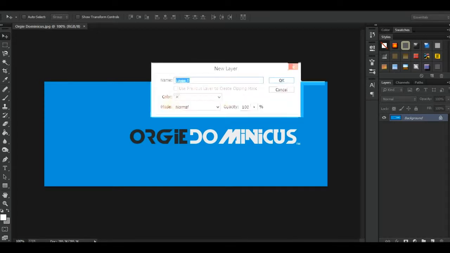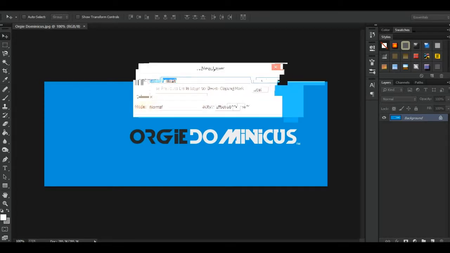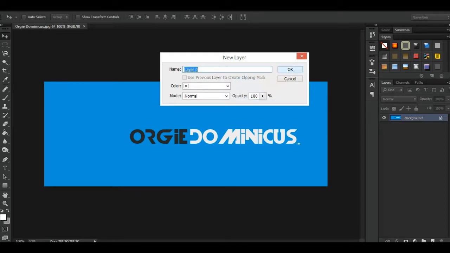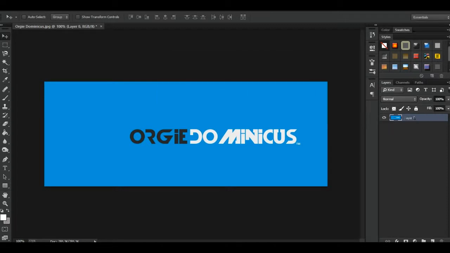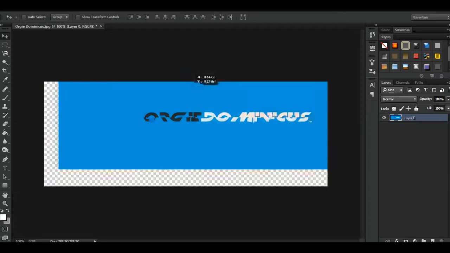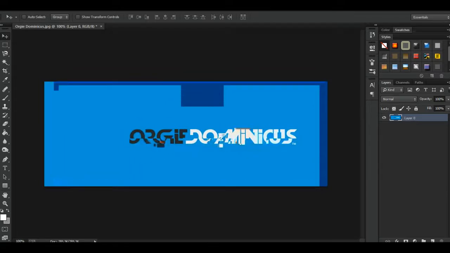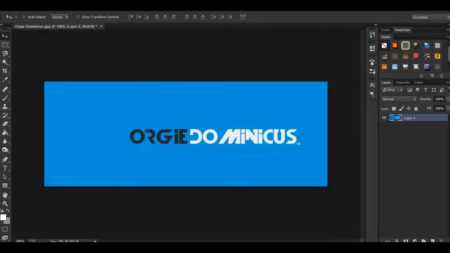So in the layer properties, we should first disable the lock of the layer of the image so that we can move it around or modify it. So just press OK, and then by using the move tool you can move objects in the workspace. And the second tool we have is the